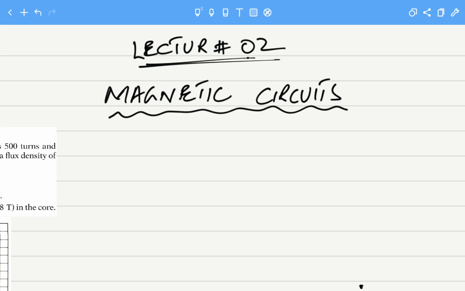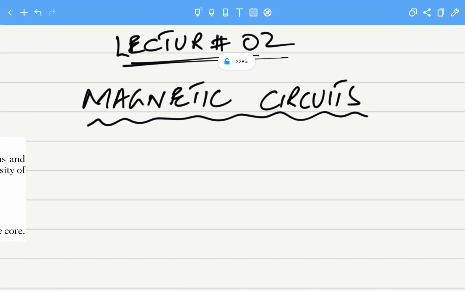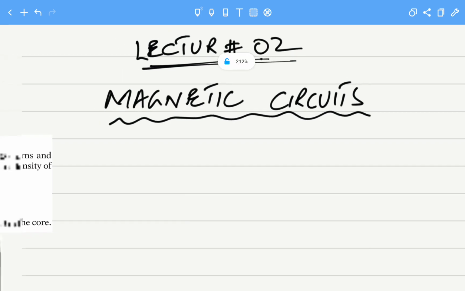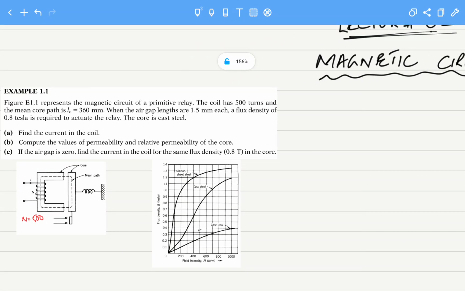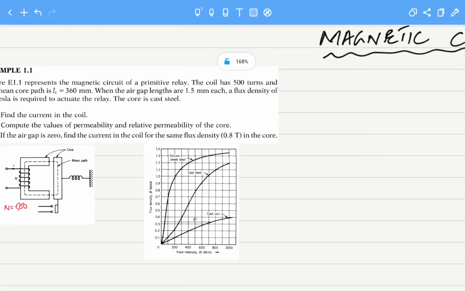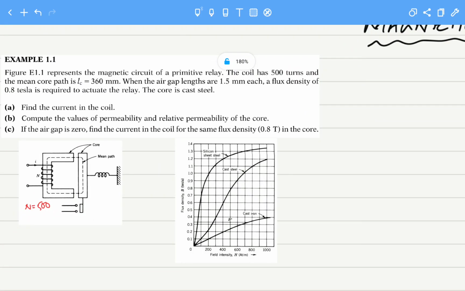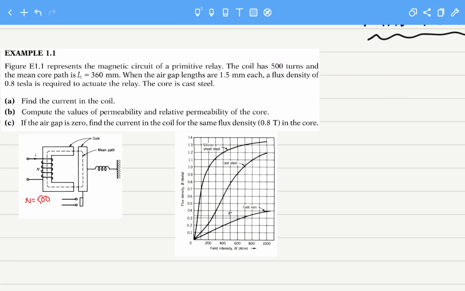Dear students, this is the start of lecture number 2, magnetic circuits, and I will be solving a few numericals that might help you. First of all, we will be solving numericals from our textbook, and then we will be solving from another Chapman book. The first example states that we have a magnetic circuit of a primitive relay,